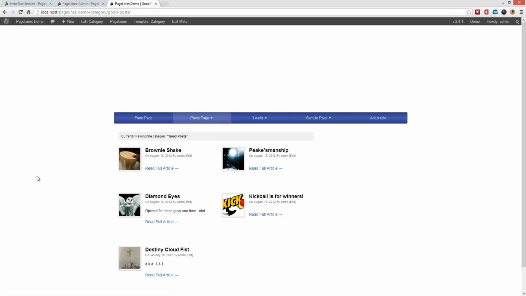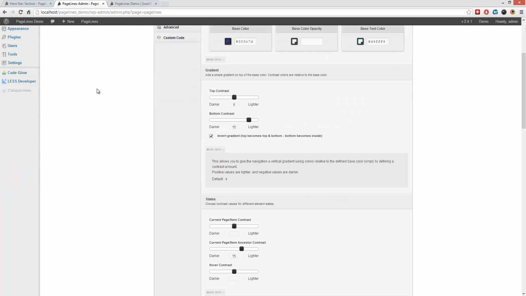There we go. So this is an ancestor of the current page, and you can see that the hover color is still a dark color. So you can go lighter or darker, which is handy depending on what your base color is, what kind of settings you have, what your font color is. All these things tie in together and allow you to make whatever looks best for you and your site. So moving on,